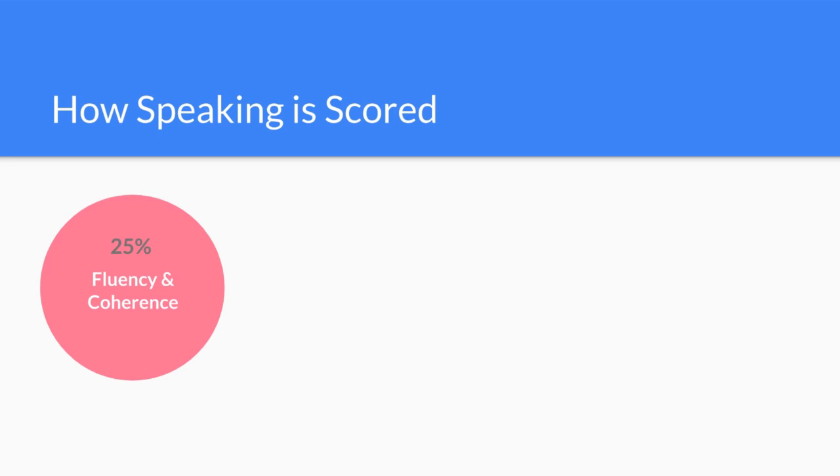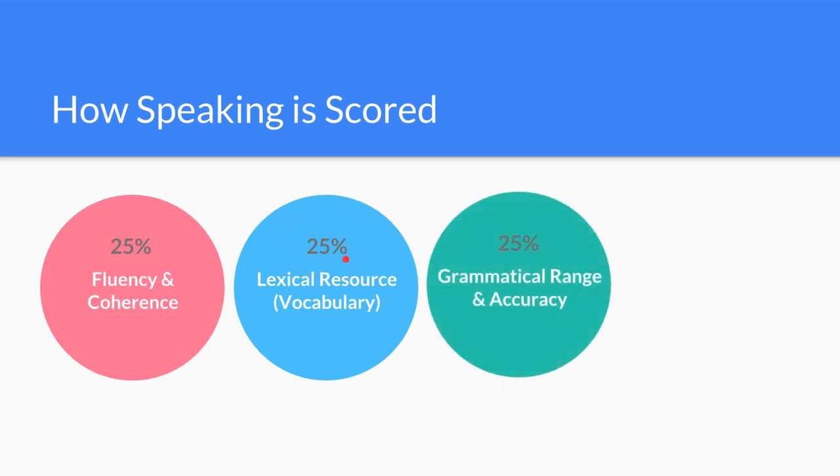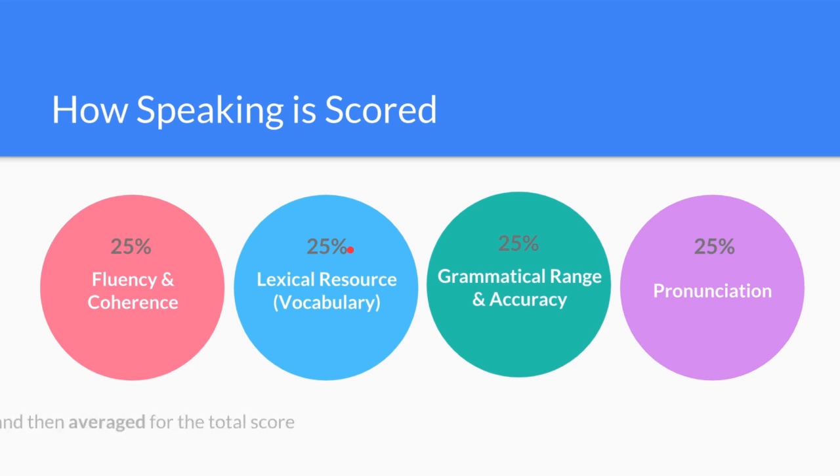Firstly, fluency and coherence is going to compose 25% of your grade. Next, we have lexical resource, which is your vocabulary. This again constitutes 25% of your grade. Next, we have grammatical range and accuracy, 25% again. And finally, your pronunciation, how you pronounce things. This is very important when you're speaking. So again, 25%. So taken together, these four different components constitute your entire grade, your score on a scale of